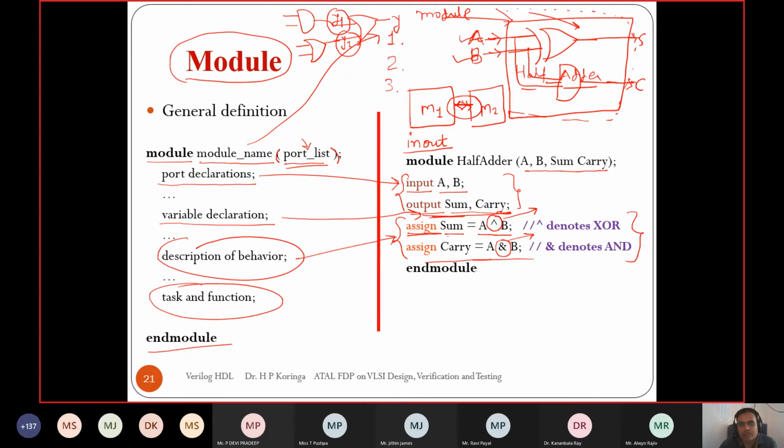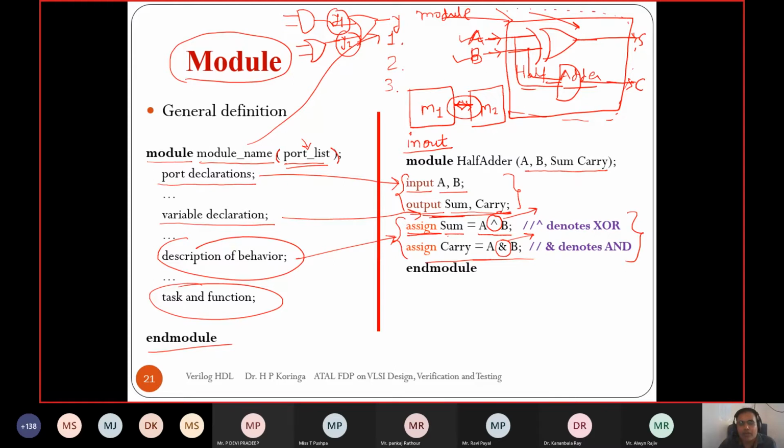Sir, when do we use the different types of abstraction, as you mentioned: behavioral, structural, data flow? When to use them? Behavioral is a higher level abstraction language. If we have our design in the form of some concept and want to implement it algorithmically, then the behavioral abstraction level is used. It is used heavily in industry today, because most designs are complex and cannot be implemented using data flow and gate level. It makes the design more complex.